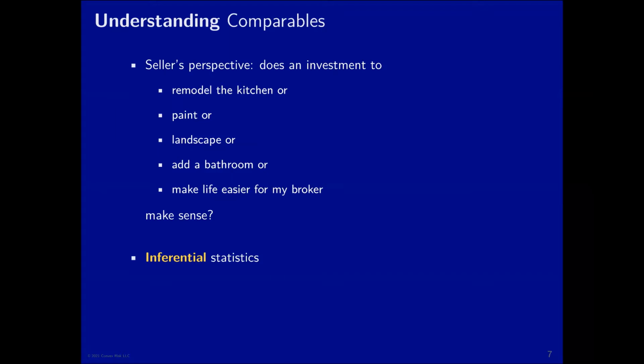And you need to understand, well, if I do each of these things, then there's going to be an investment that would be fairly easy for me to quantify and get a quote. But what's it going to do to the value of the home? So you want to do some inferential statistics on the prices of the units that are for sale so that you can discern, all right, adding a bathroom adds X tens of thousands of dollars to the price, or remodeling the kitchen, or what have you. It is a problem of understanding the drivers of the prices that you're observing. And that's the process of inferential statistics.